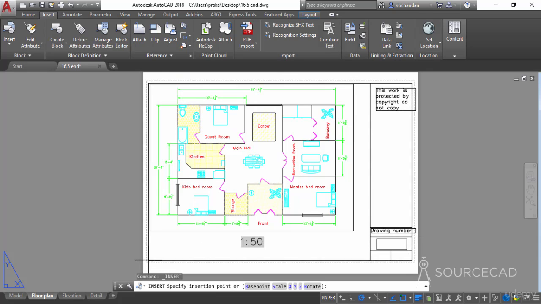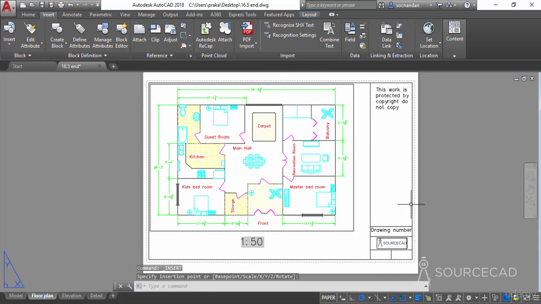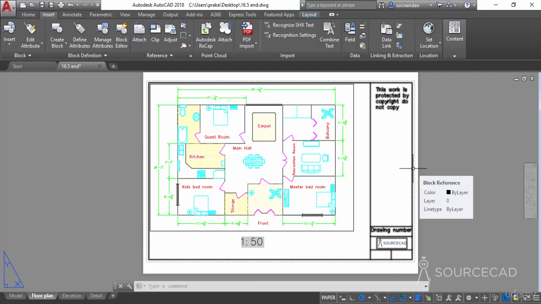So carefully place it within these plotter margins. And here we have it. Right now, this title block has been made specifically for A3 paper size. And that's why it's fitting completely within these boundaries. But in order to have title blocks for different paper sizes, you need to make them, or you can also scale any one title block for different paper sizes.